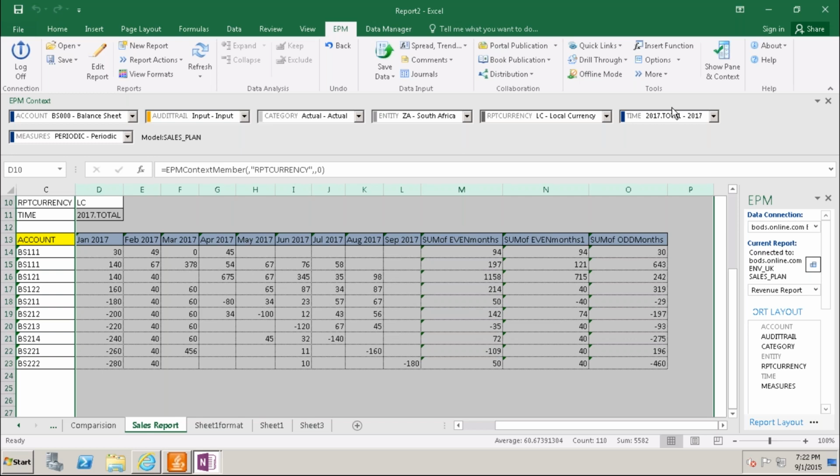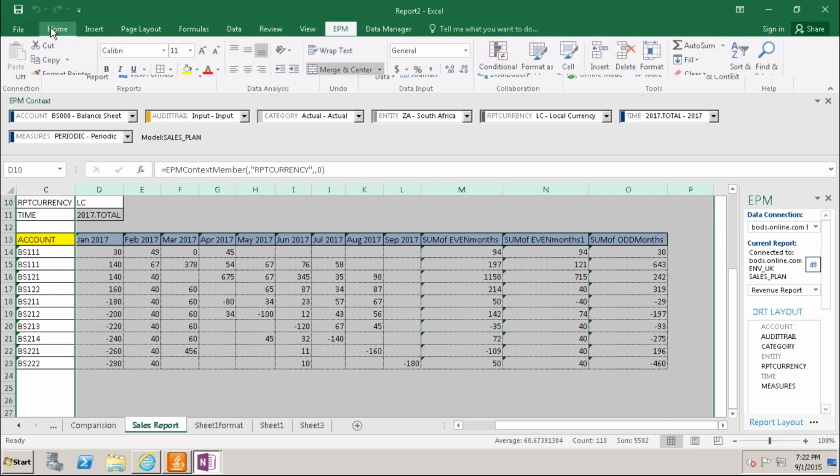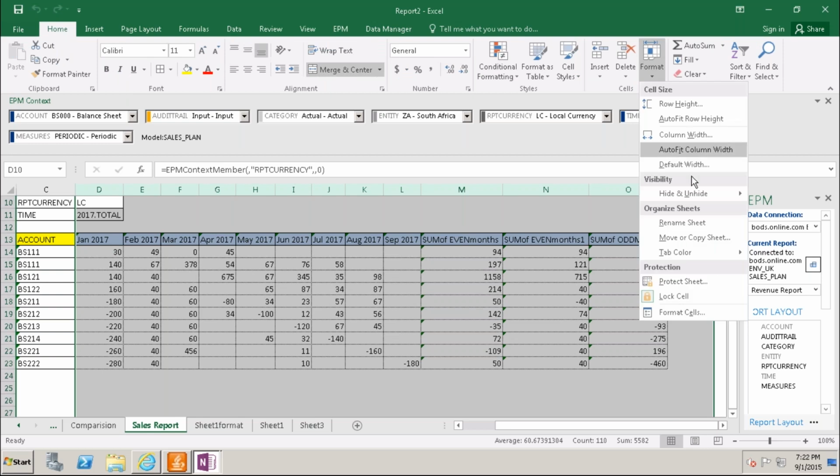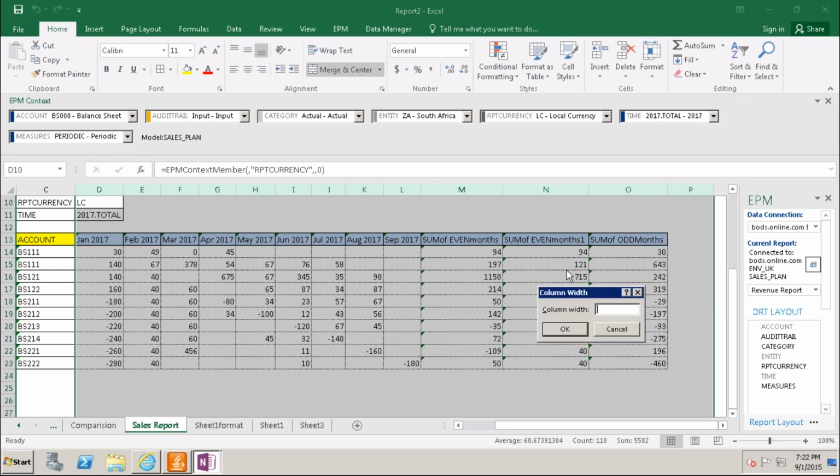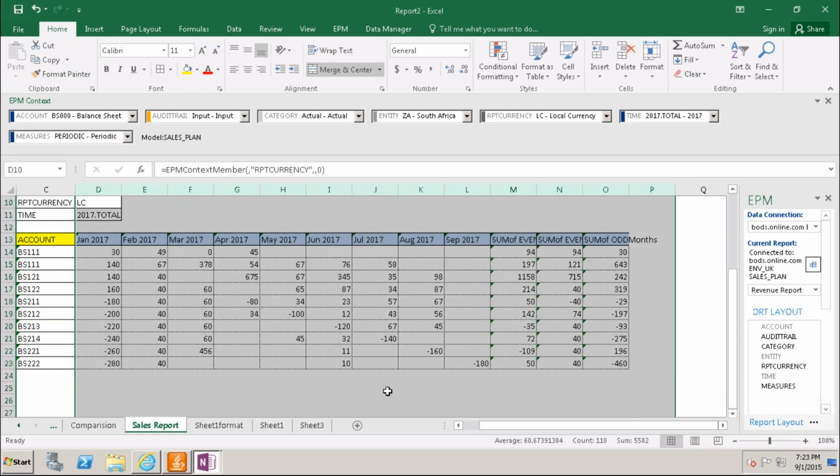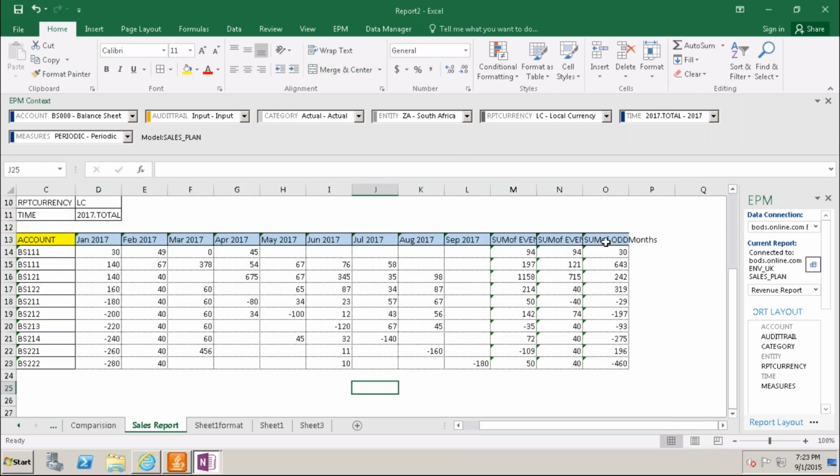If I go to home, formatting, column width, I'm giving 10. Now it looks a bit good.